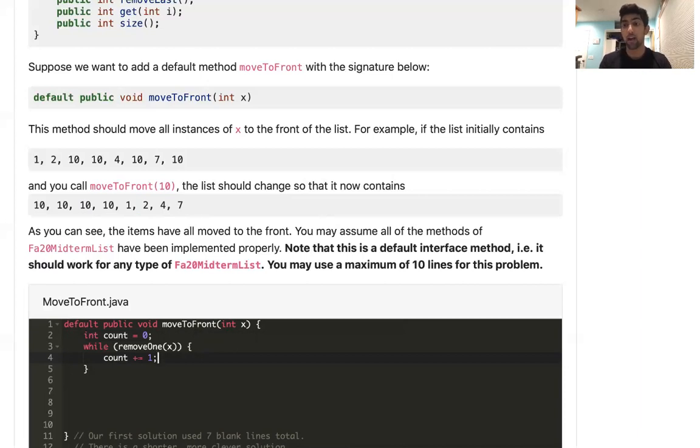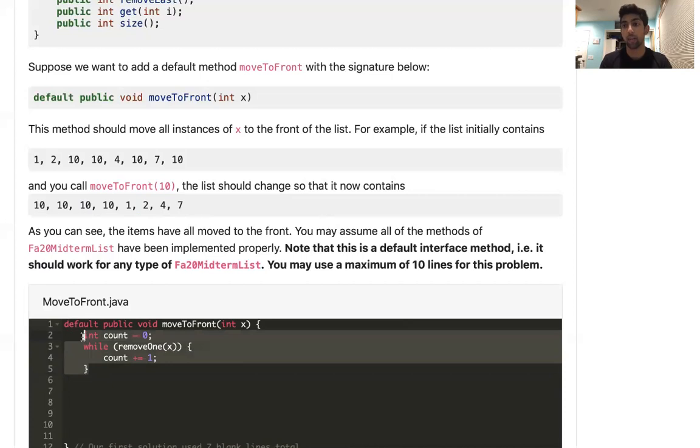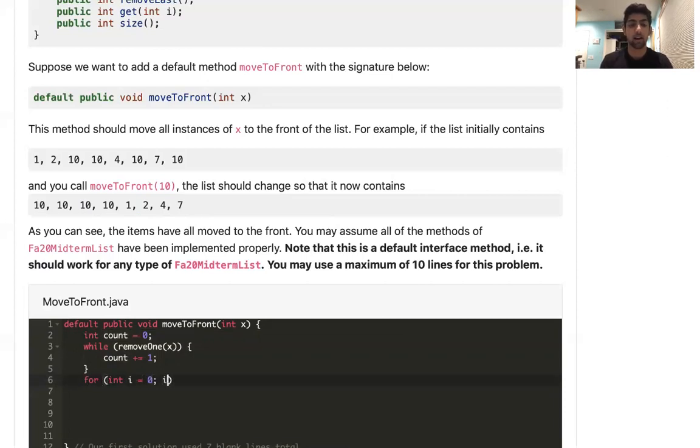Because we need to keep track of every time remove 1 of x gives us true, we should increment the count. Okay, so after executing these lines of code, we know that in the current state of our list, there's no more instances of x. All we need to do is re-add all of the x's we removed to the beginning of the list. Okay, so what we can say is for int i equals 0, i less than count, i plus plus. We will say,